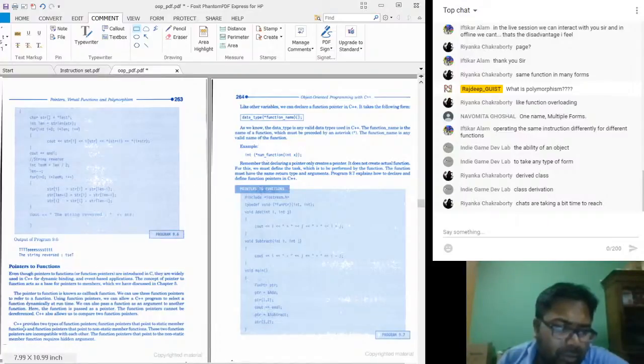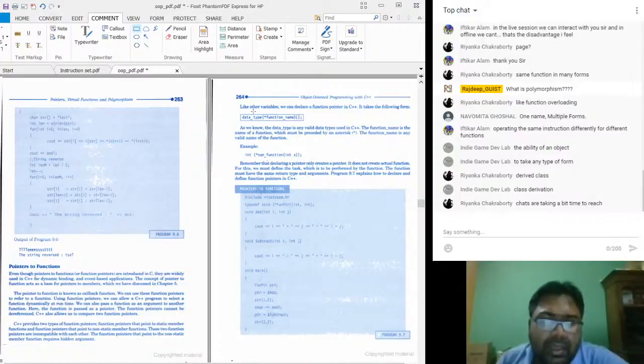If you read it, C++ provides two types of function pointers: function pointers that point to static member functions, and function pointers that point to non-static member functions. These two function pointers are incompatible with each other. The function pointers that point to non-static member functions require hidden arguments.